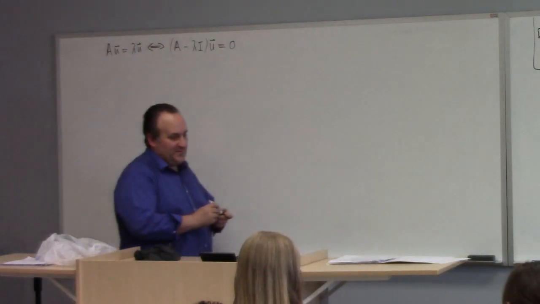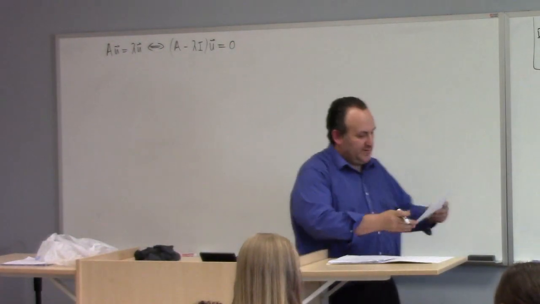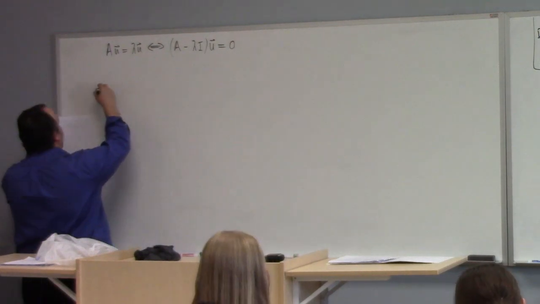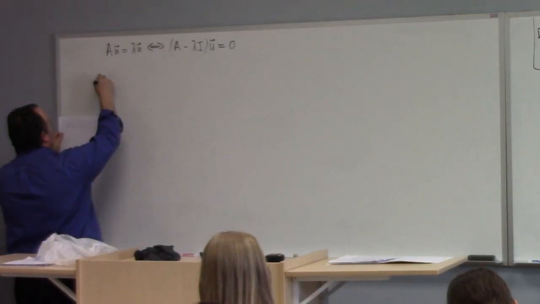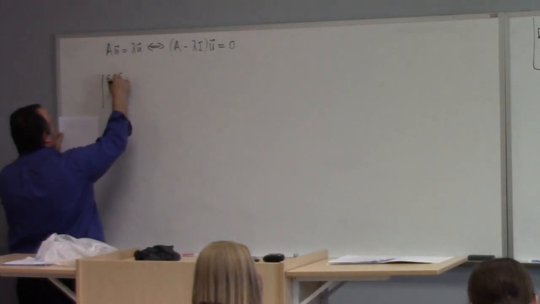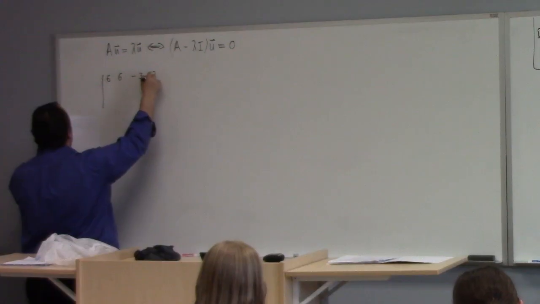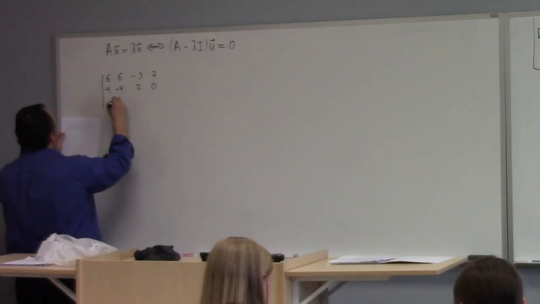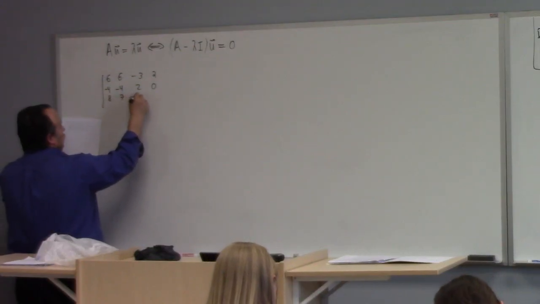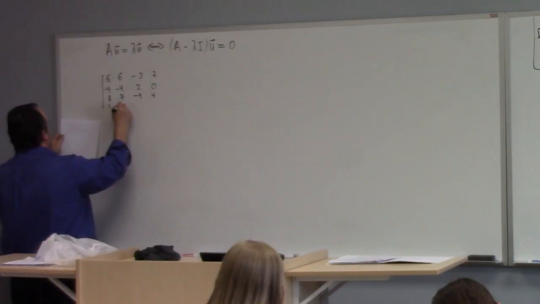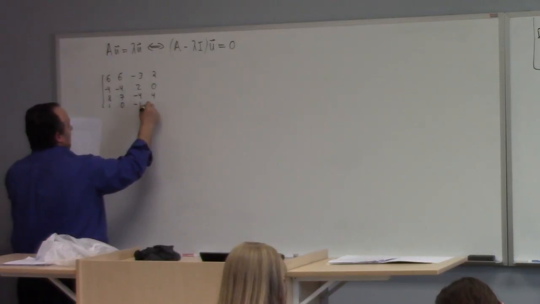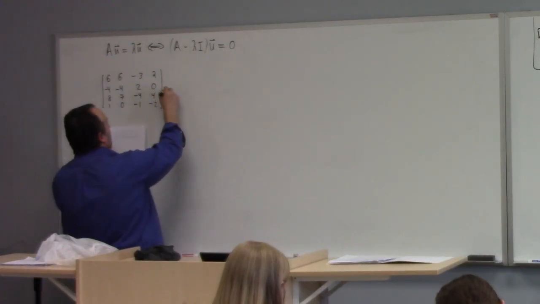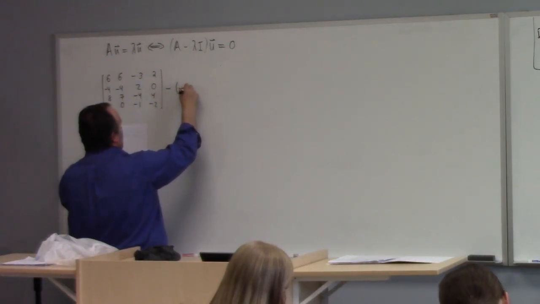So let's try this on for size. So this horrible, why have I done this to us? So A is, so I'm supposed to look at 6, minus 3, 2, minus 4, 2, 0, 8, 7, minus 4, 4, 1, 0, minus 1, minus 2. All right, it's supposed to take that, allegedly minus the eigenvalue, which was minus 1 plus i,